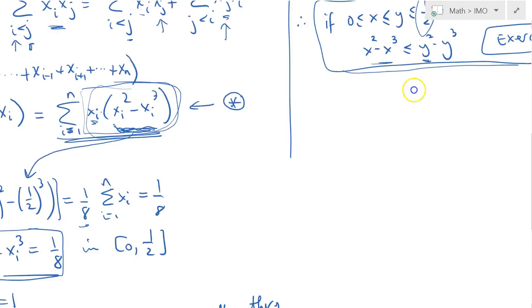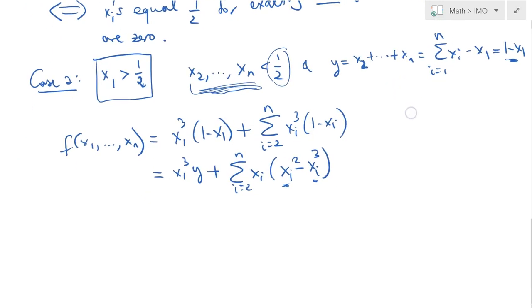So this expression is less than or equal to x1 cubed y plus the sum from i equals 2 to n of xi times y squared